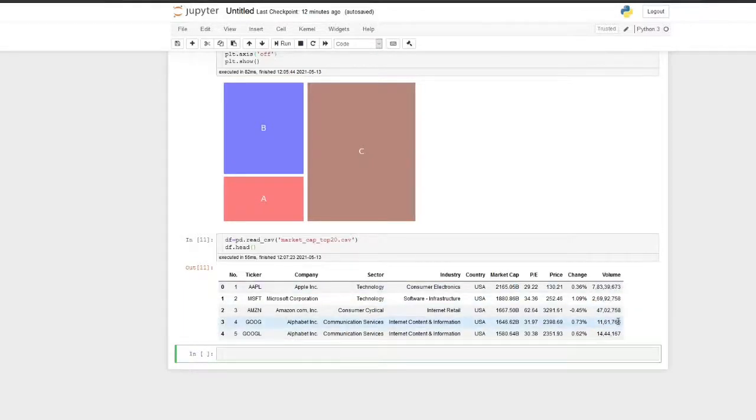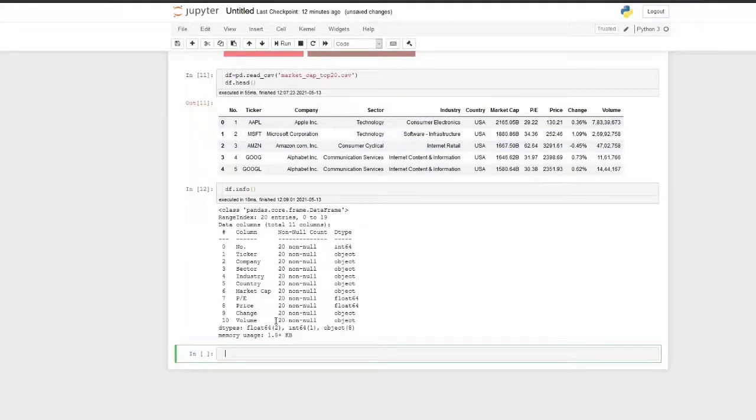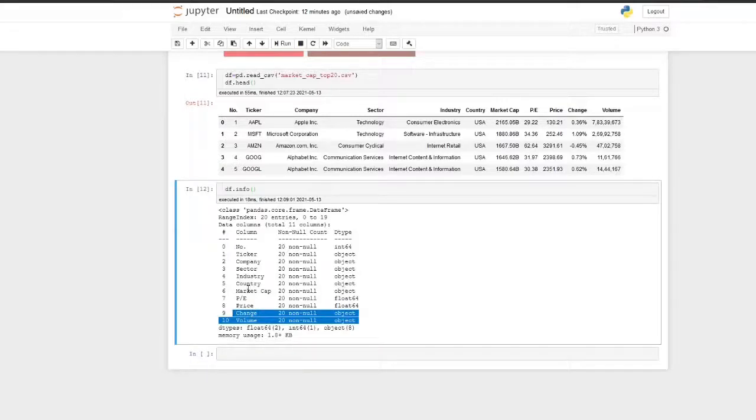We can check that by using df.info, which will show the data type of each field. You can see here volume is an object, change is an object, and market cap is also an object, but P/E and price are float values. So now I have to convert the data types into float so that we can plot a tree map.